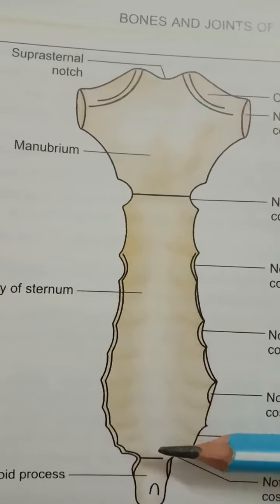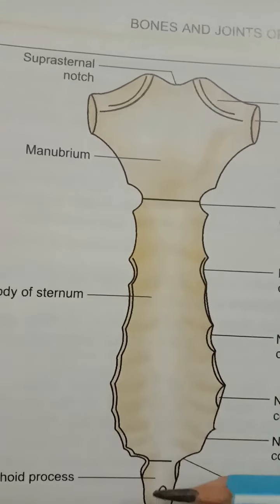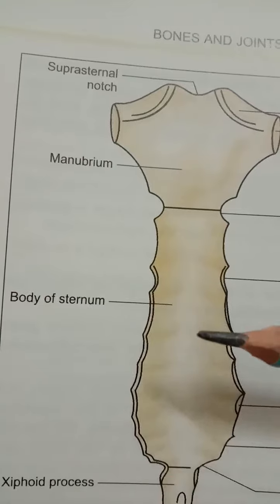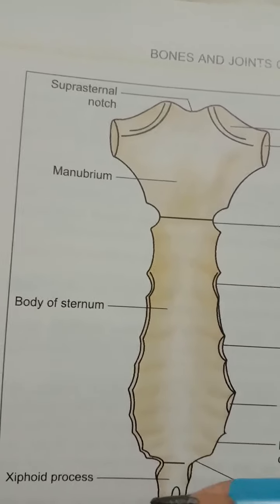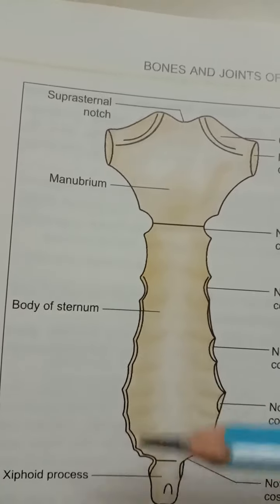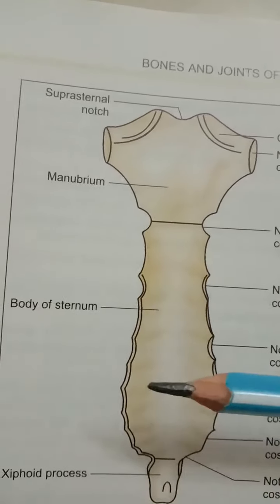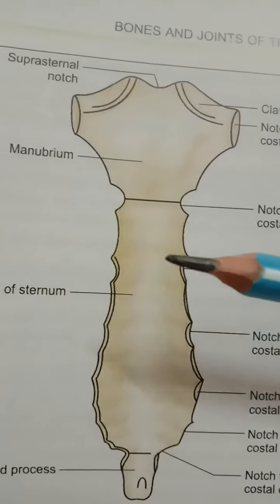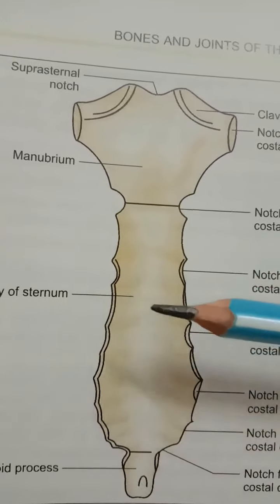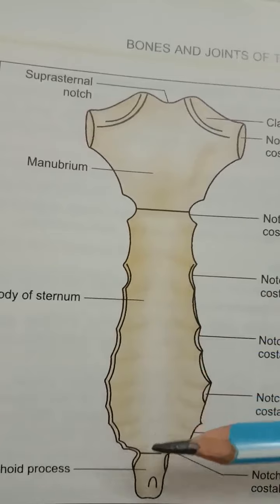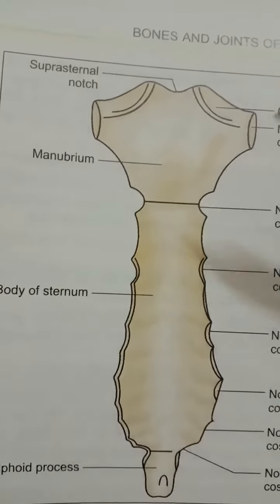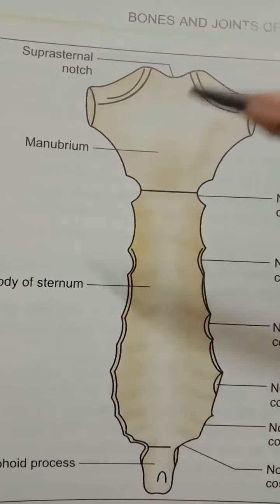Then the next clinical point is the sternal fracture. It is very common in automobile accidents, when the driver's chest is hit against the steering wheel. The sternum is often fractured at the sternal angle, and backward displacement of the fractured fragment may damage the aorta, heart or liver and cause severe bleeding, which may prove fatal and lead to the death of the patient. So these are the clinical points related with the sternum.